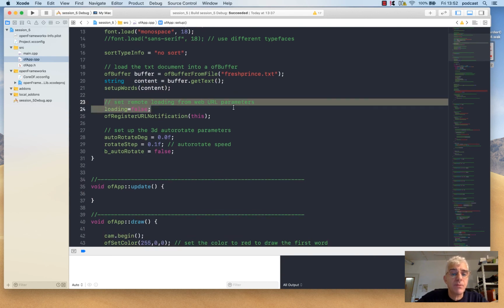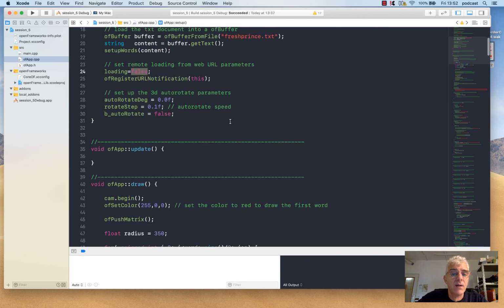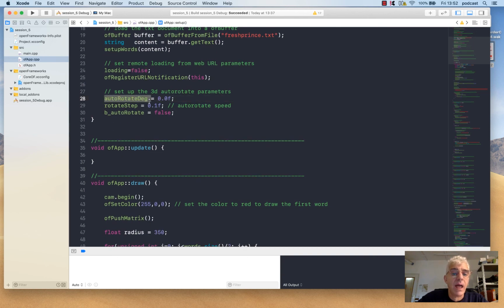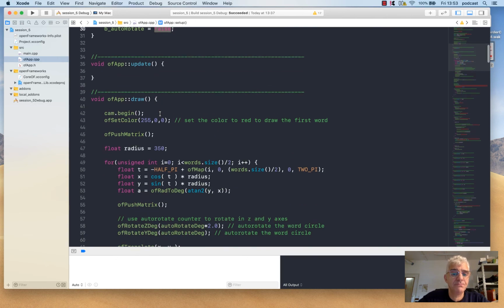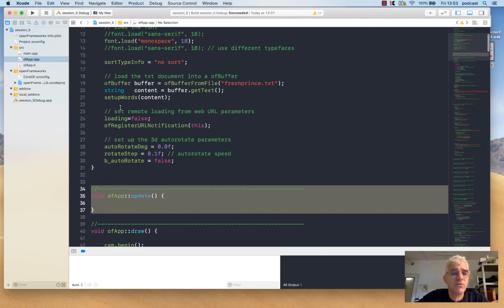So we're going to set a couple of booleans. The loading is false, and this identifies whether we're trying to load something from a web URL. And then we set up our auto rotate boolean to say we're going to start our auto rotating at 0 degrees, and the rotation step, how much that degree rotation is going to increase, is by 0.1 each time. But initially we're going to say have the auto rotation be false. In our update we're not going to do anything,